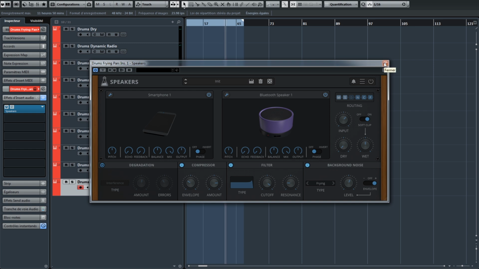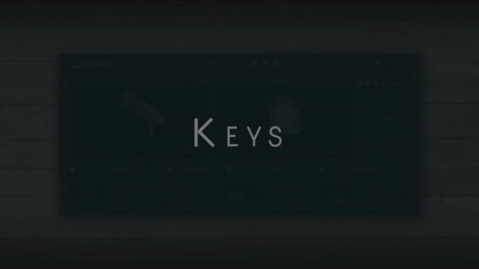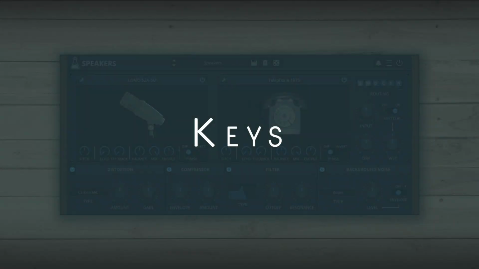So yeah, Speakers is a great plugin if you want to add texture to drums with the saturation module, with the background noises, with the different devices that you can choose from and enhance some of the characteristics of the drums. You'll notice that Speakers works particularly well with keyboard instruments,